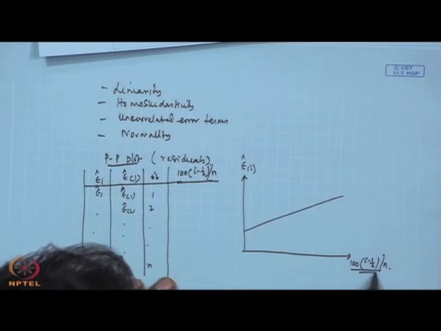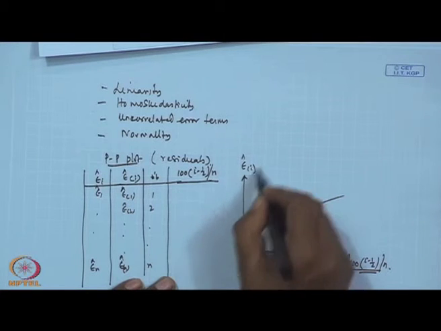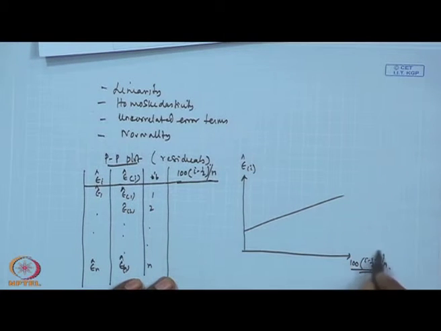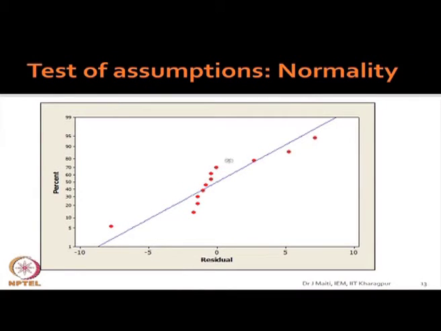It is basically just making it a percentage here, nothing else. (i minus half) by n is our CDF, the CDF at the probability level. So, the software axis will give this one, but if you change the axis, the straight line will remain. Now you see that for our data, the problem we have discussed, this one is showing like this.